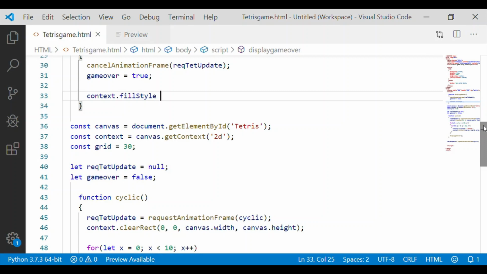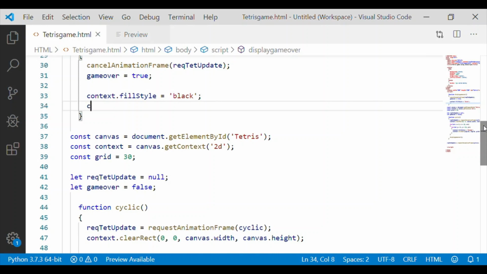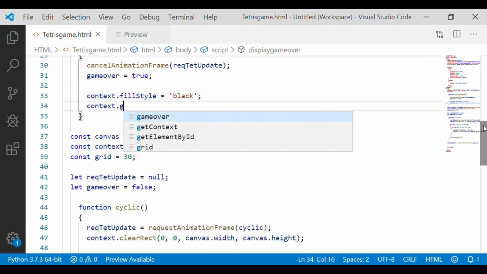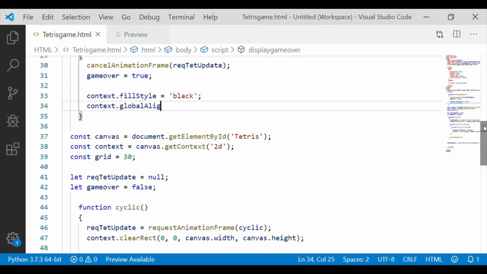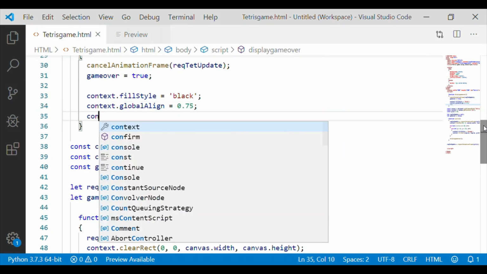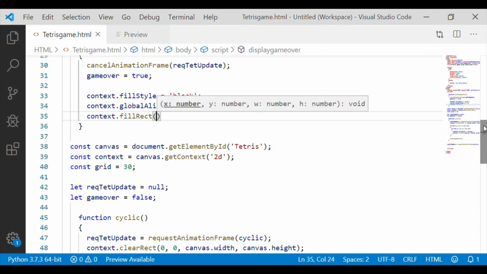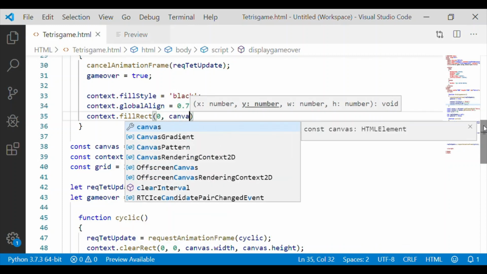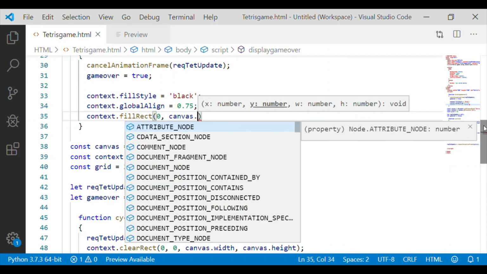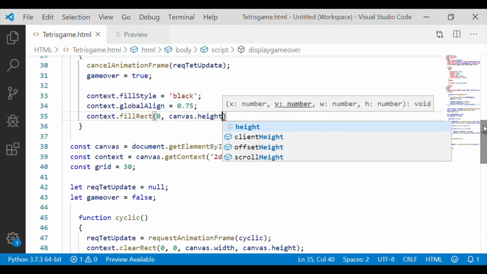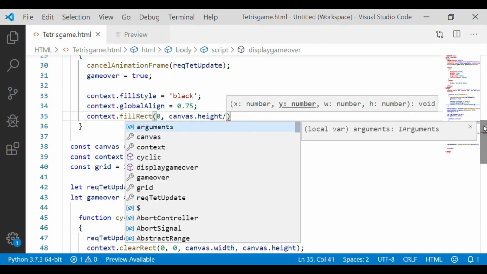We will try to put a rectangle of black color at the center of the canvas. So context fill style is black, and global alpha is 0.75 value, and context rectangle shall start from the leftmost end, that is 0, and as we want it to be at the center, it is canvas height divided by 2 minus 30.